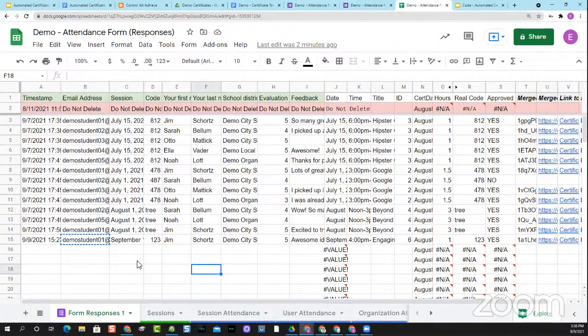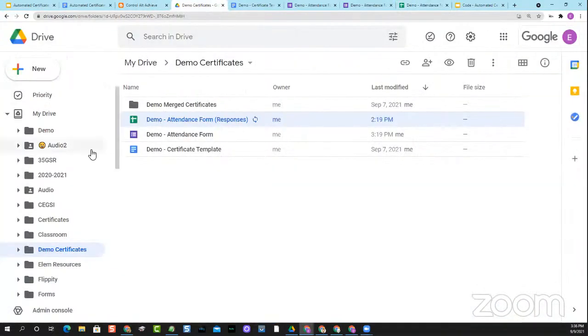So quick answer, no. The add-ons do not work in shared drives. They only work in shared folders. Now, sometimes I understand that can be confusing because Google, they sound so similar, a shared drive versus a shared folder. So just as clarification here,